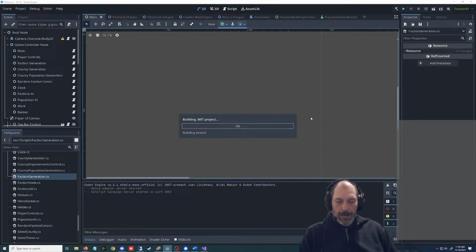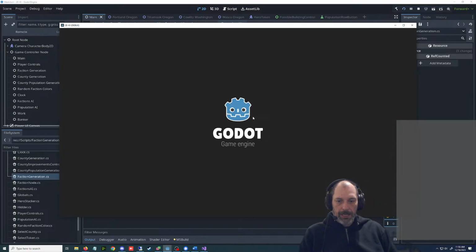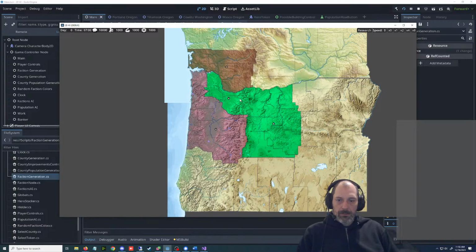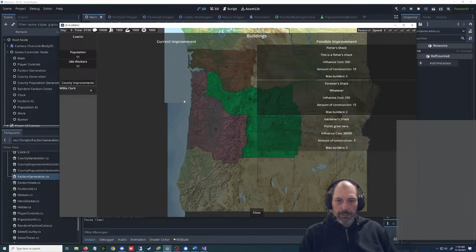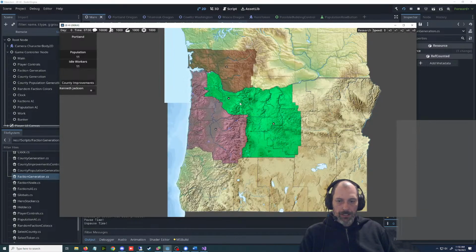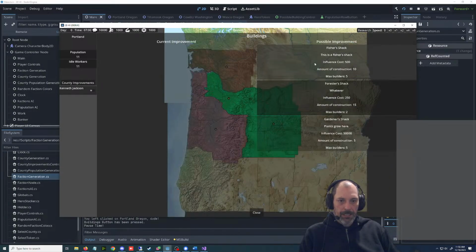But last time, and I can show you what I'm talking about here, we made it so that the people decide if they want to build a building or not. They don't really get a choice, they just do it. And what was happening was, let's see here. The time hasn't passed yet, but we can test it with this thing. If we change one of these, I'm going to say no to this one, because this one isn't fixed yet.